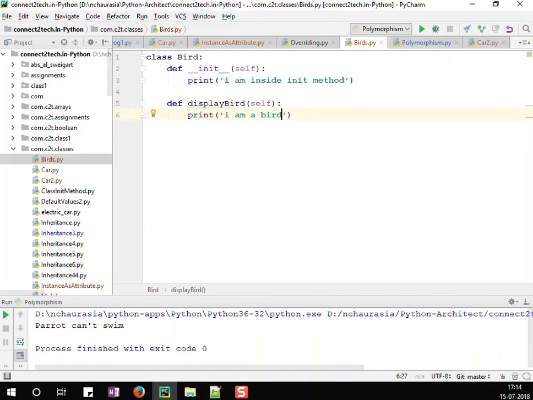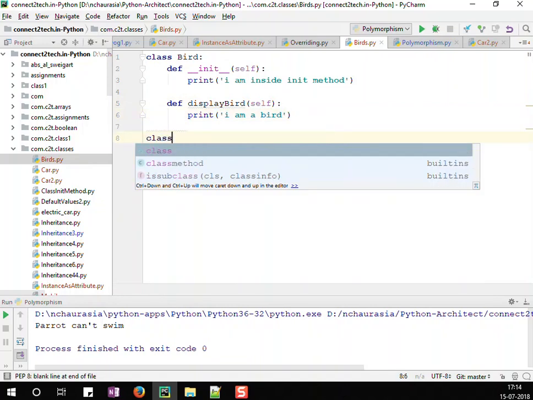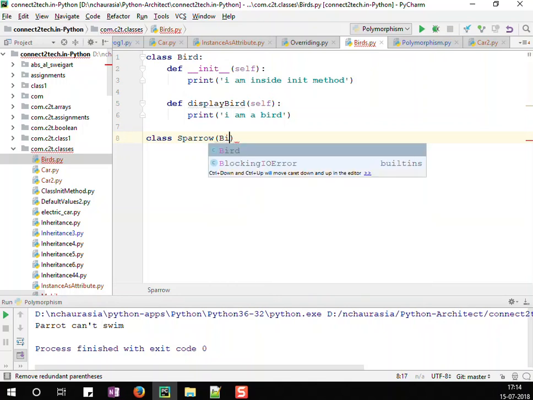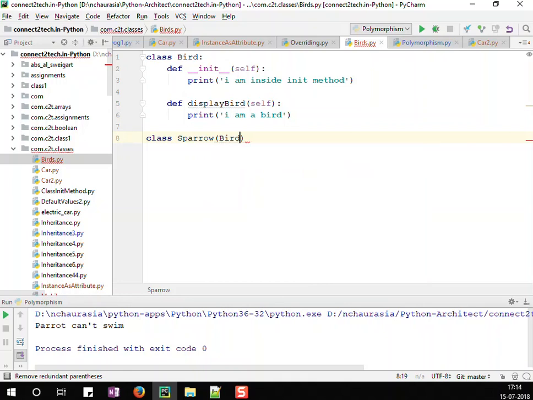Now what I'm also going to do is let's create another class here, and I'll call it maybe class SPARROW. Now in order to make sure that this particular class inherits from another class, in the bracket I'll put the name of the class bird here, right, and colon, and then again maybe I can write an init method, I'll make it init method of maybe let's say bird,